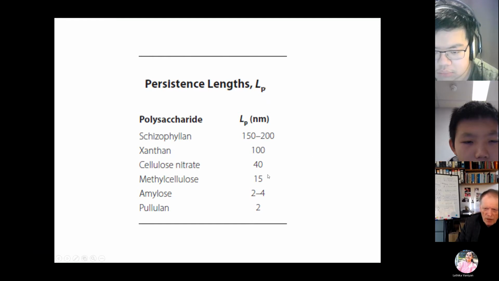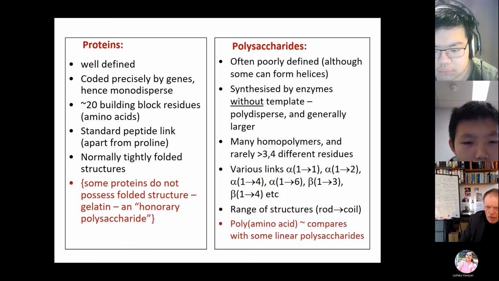Very rigid molecule. And the semi-flexibles, 40, and then you get the more flexible molecules like these. So the persistence lengths are a very popular way of representing the conformations of